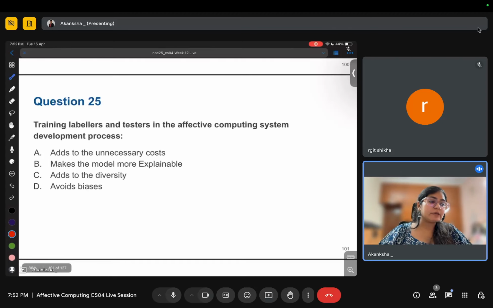Okay, training labelers and testers in the effective computing system development process. Does it add unnecessary cost? Make the model more explainable? Add to the diversity? Avoid biases?